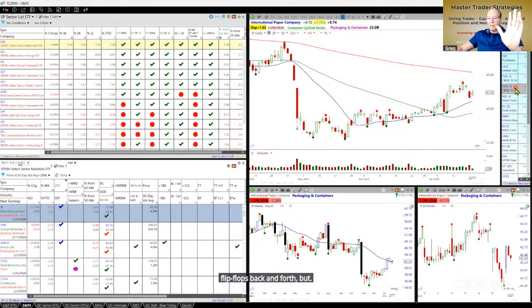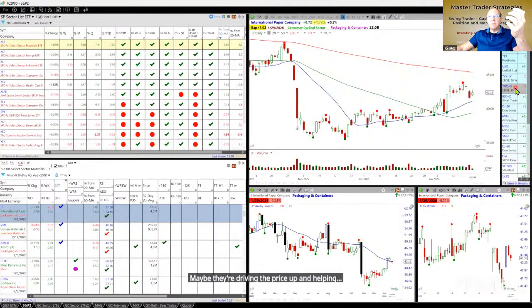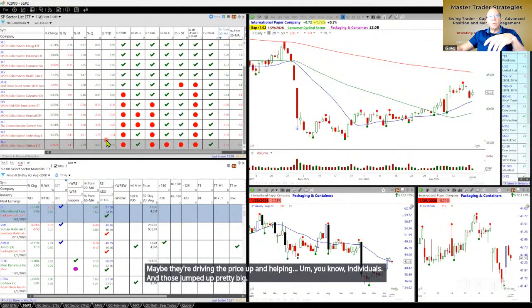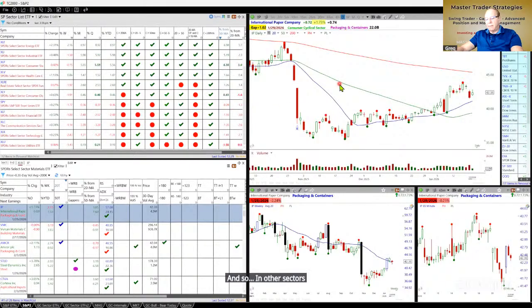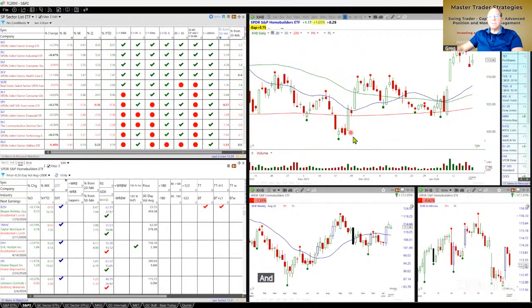But some of the good news was not allowing these big institutions to buy individual homes. Maybe they're driving the price up and helping individuals, and those jumped up pretty big. And so in other sectors we could look at, can't look at them all with you today, but there's homebuilders, and that is part of that matrix that I showed you, the trend analysis, and this flipped up